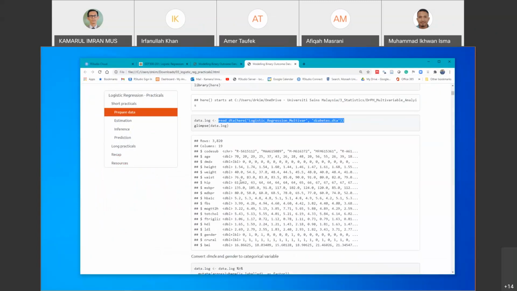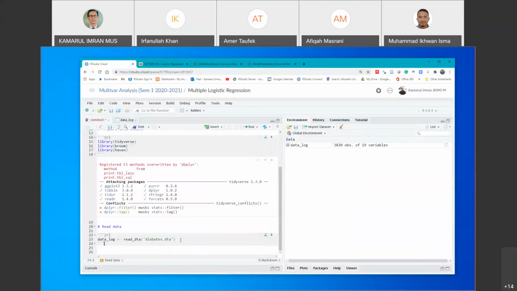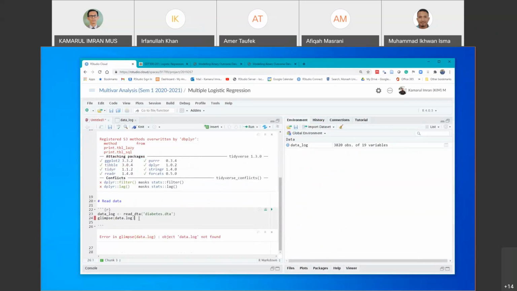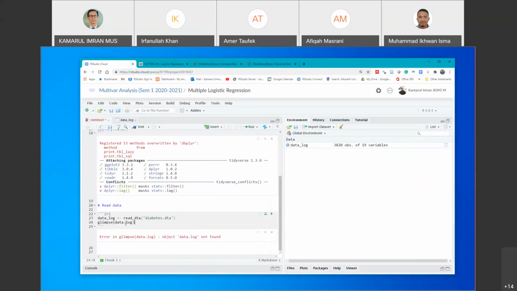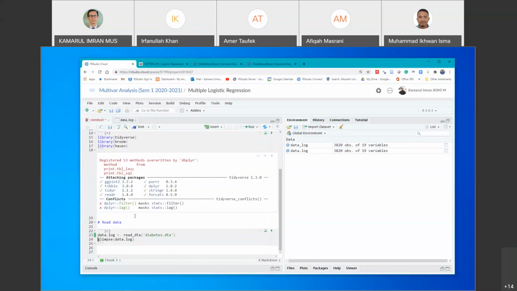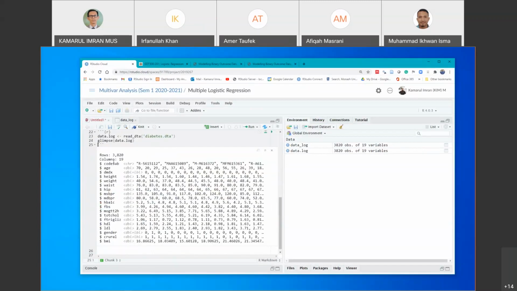What's next? We can use glimpse to have a very quick look at our data. It says I use data.log, so I'm going to change this to data.log. And we have 3,820 observations, rows, and 19 columns. And we have character variables and double, which is actually a numeric variable. Double and label is a numeric variable, but actually it is not,